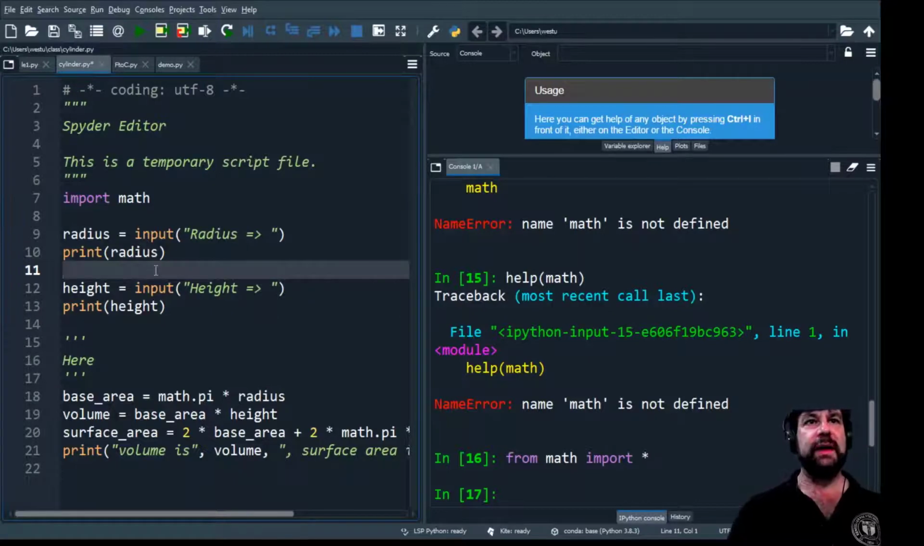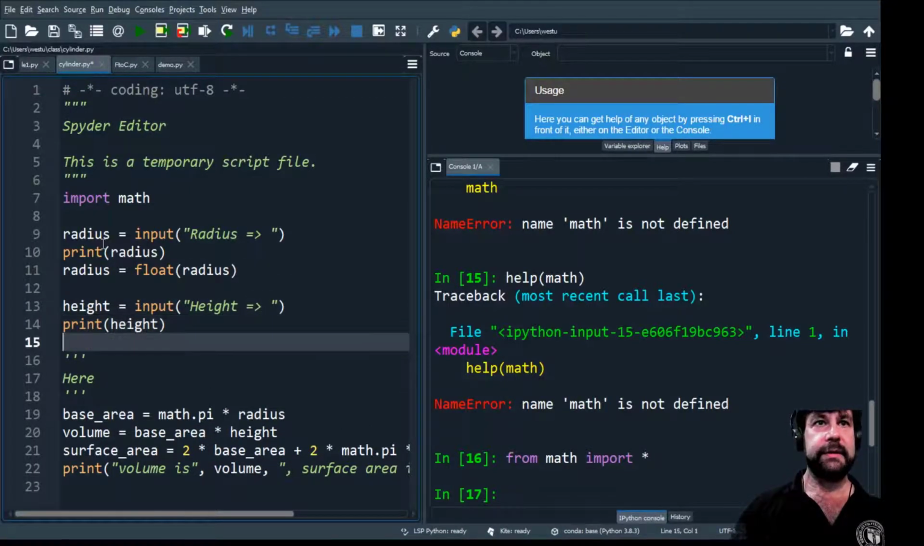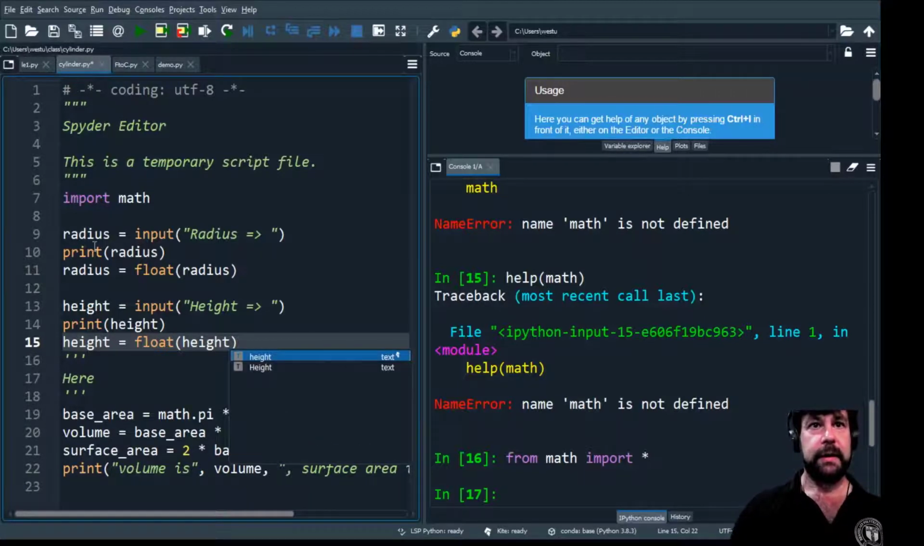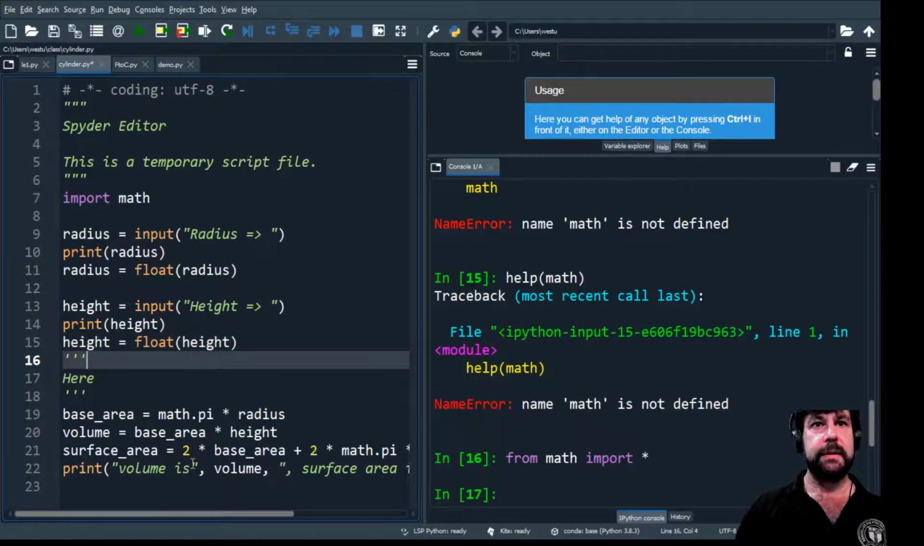And now the other thing we have to do is say radius equals, right? Radius comes in as a string. So now we have to convert it from a string to either a float or an integer. And I'm going to assume that we may want to make these floats. So we can say radius equals float radius, and height equals float height. Okay? And now maybe down here,